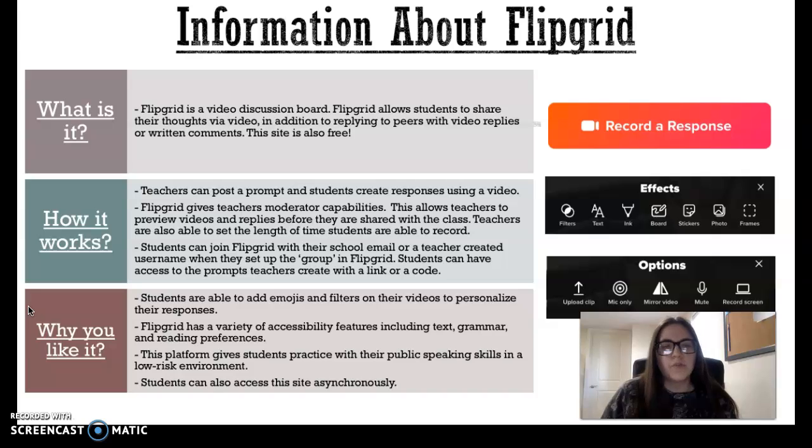And students can join Flipgrid with a school email, or teachers can personally create a specific username for their students when they set up their group, or like I said, their class. And Flipgrid is compatible with other sites as well. Like, it's easy to post the link on your Google Classroom, which I often do, or post the link into Zoom, the Zoom chat. Students can click on it, or you can give them a code that they can enter